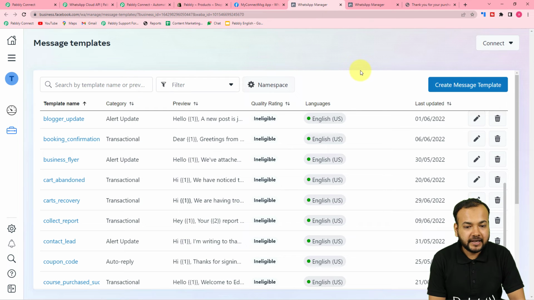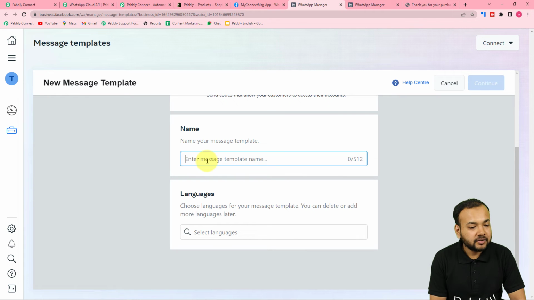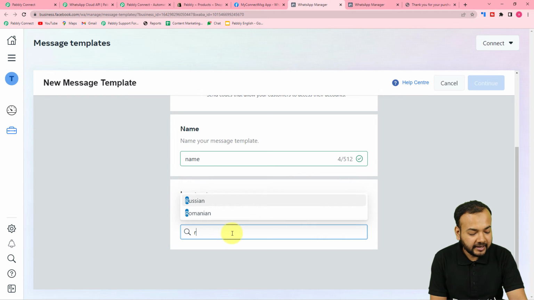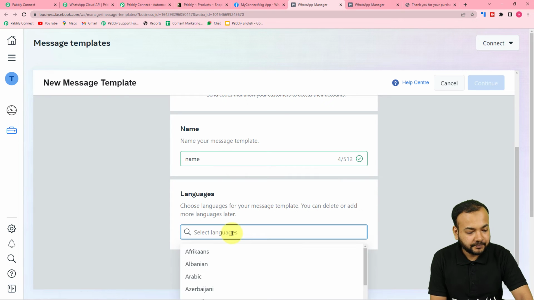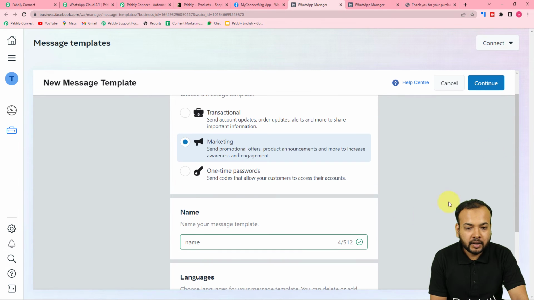So you can see on this page I have this create message template button. So click on it and you will find these three categories here to create message template. First is the transactional category, second is the marketing, and third is the OTPs. So you can select any one of the categories to create a template. So I'm selecting marketing here, and here you can give a name to your template, any name that you want, and here you can select the language in which you want to send the message, like this. Okay, and after that you have to click on continue from this top right corner button